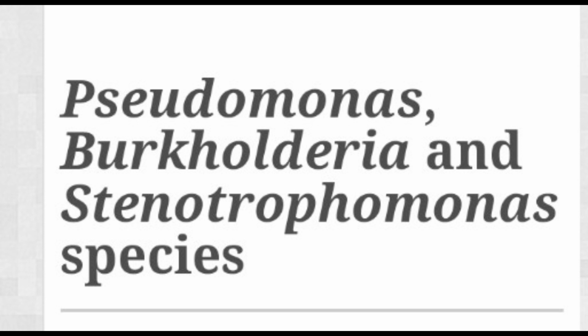Pigment production. Pseudomonas aeruginosa produces a number of pigments which diffuse into the surrounding media. These pigments are pyocyanin, a bluish green phenazine pigment. It is not produced by other species of the genus, hence it is diagnostic of Pseudomonas aeruginosa. Fluorescein is a greenish yellow pigment. Pyorubin is a reddish brown pigment. Pyomelanin is a brown to black pigment.